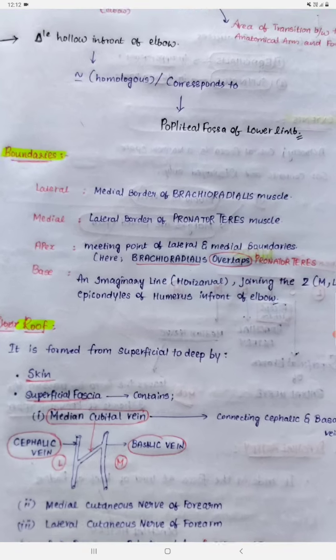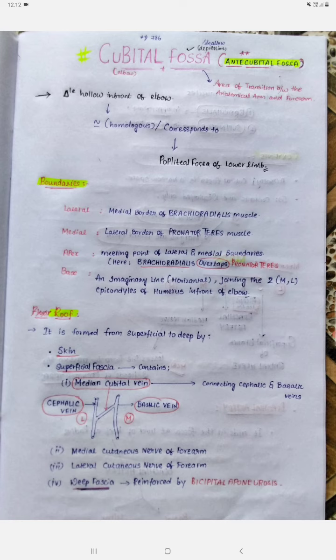So in this session we are going to discuss the topic of the cubital fossa. So what do I mean by cubital fossa? First of all, the cubital fossa is a shallow depression, right? The fossa is nothing but a shallow depression, and cubital means regarding the elbow. So the shallow depression which can be seen in front of the elbow is nothing but the cubital fossa,